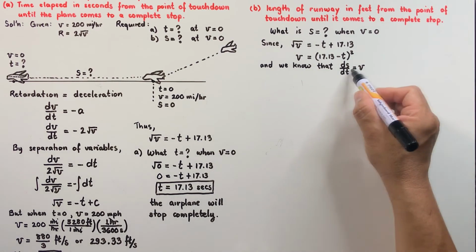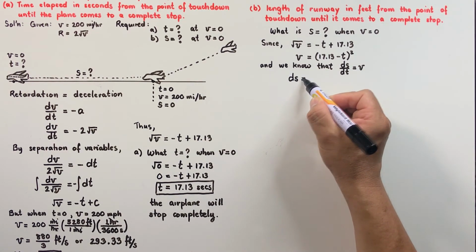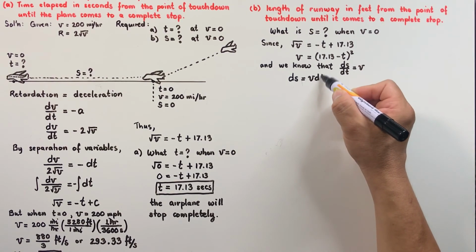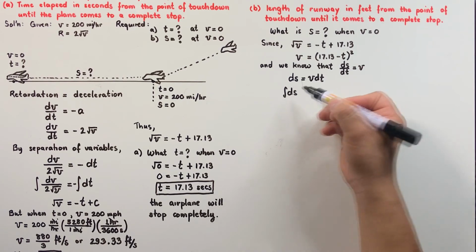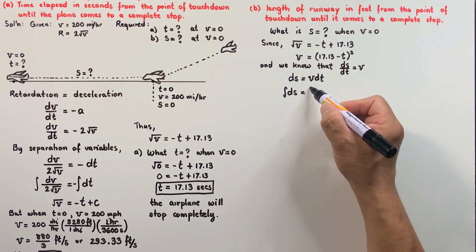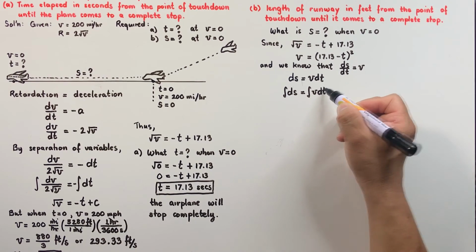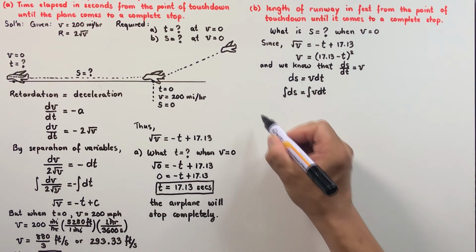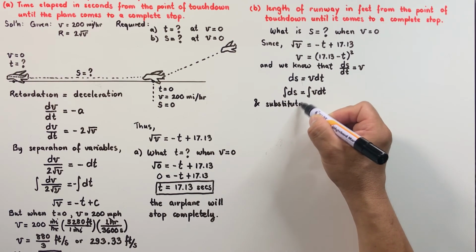By multiplying both sides of the equation by dt, we have ds, which is equal to v dt. And integrating both sides of the equation, we have the integral of ds, which is equal to the integral of v dt. And substituting our v to this equation,